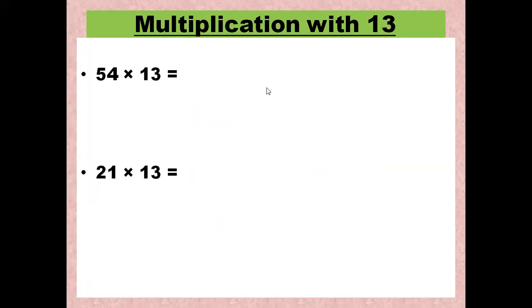Now we do another multiplication trick, multiplication with 13. So here first we multiply 1, this rightmost digit, with 3. So 1 times 3, right? Since we are doing the multiplication with 13. Then next we multiply the leftmost digit with 3 and then we add the next digit. This is 1. So 2 times 3 plus 1, and we write 2 as it is. So we write 3, the rightmost digit. 2 times 3 is 6, 6 plus 1 is 7, and 2 is as it is.